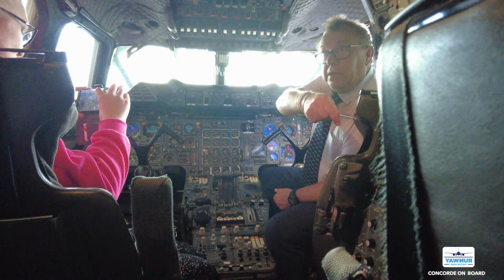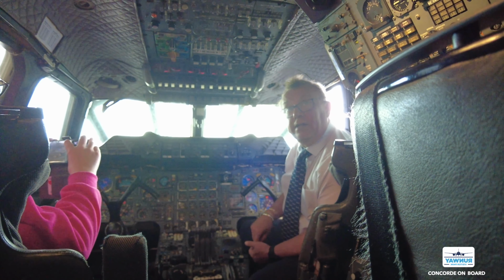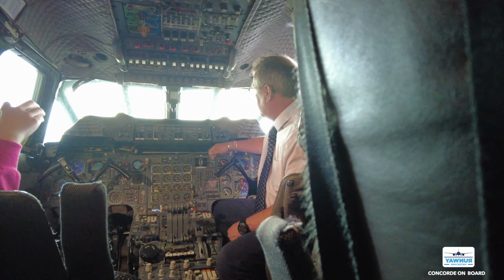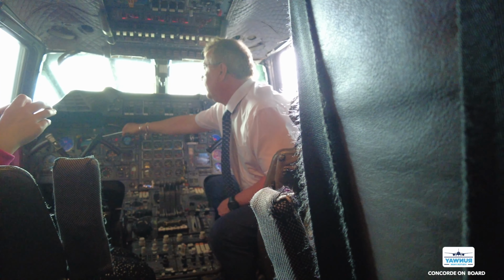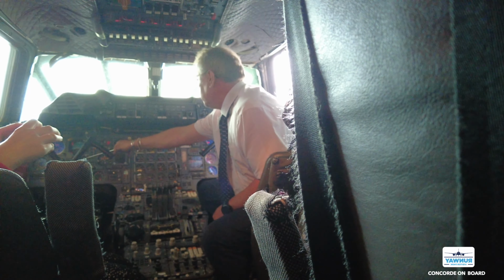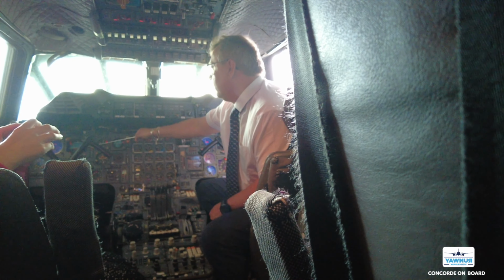First officer here, flight engineer there. Flight engineer, the busiest man on the plane during flight, and we'll cover some of the things that he did. Over here, the instruments are duplicated on one side and the other. So up here, you've got your altimeter, you've got your speed, you've got your Mach meter, so 2.02, your artificial horizon, and these are sort